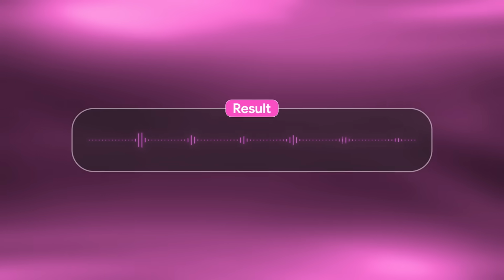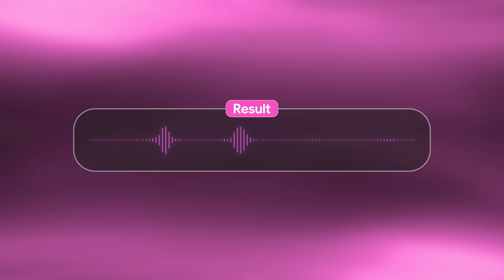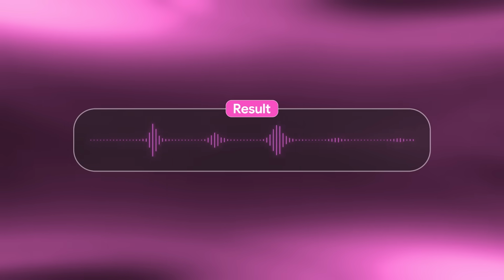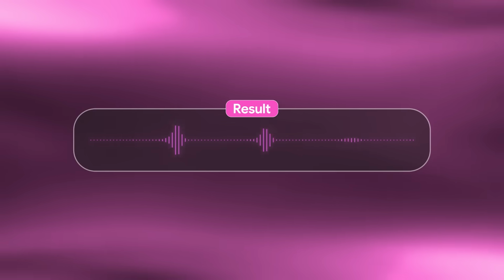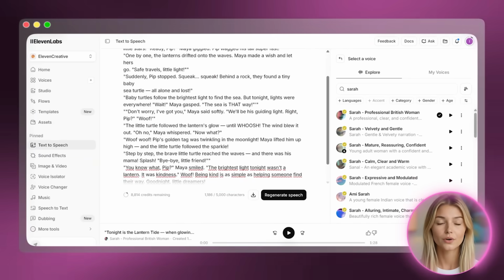Tonight is the lantern tide, when glowing lanterns float across the sea like little stars. Ready, Pip? Maya giggled. Pip wagged his tail,